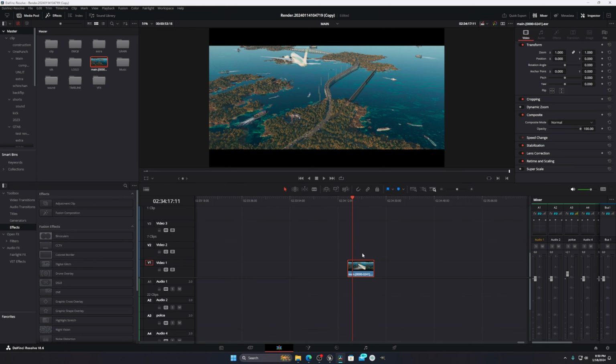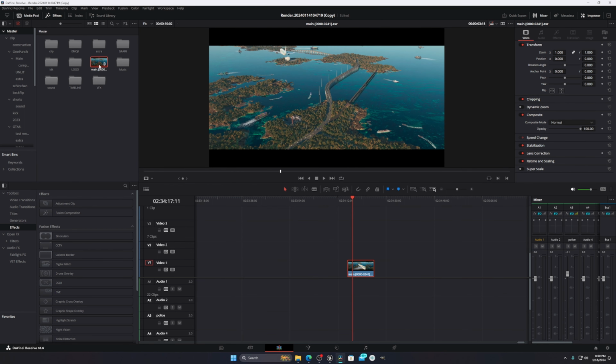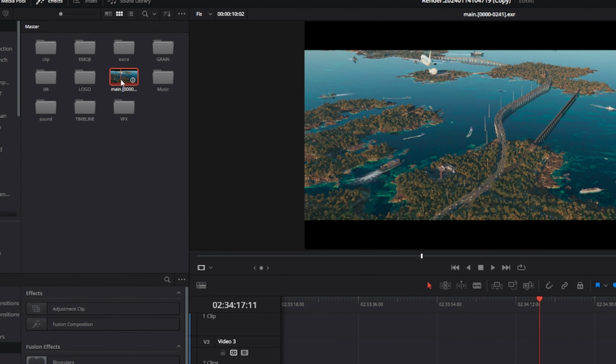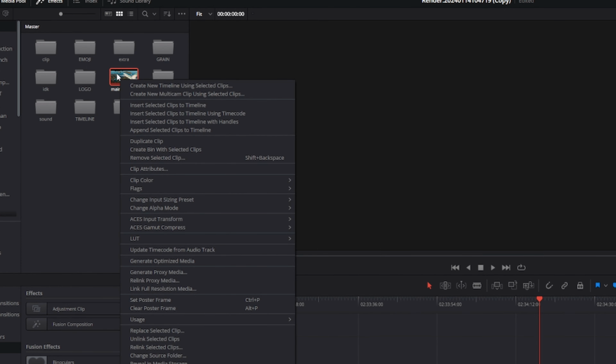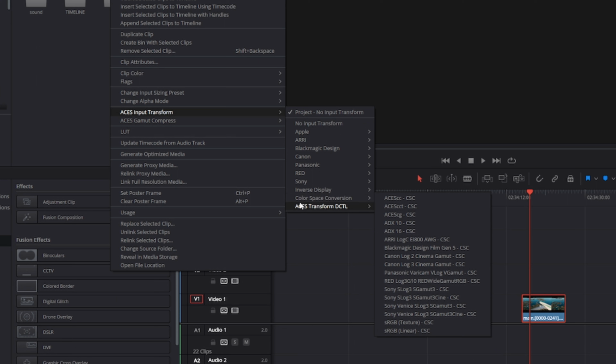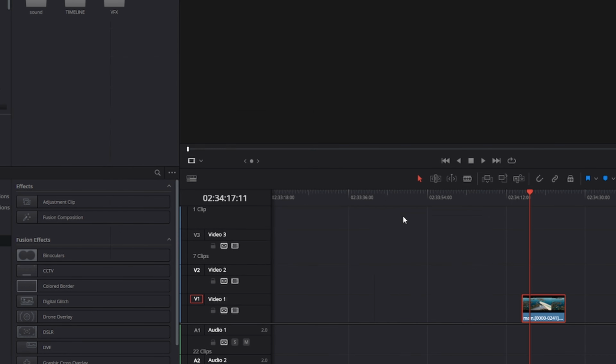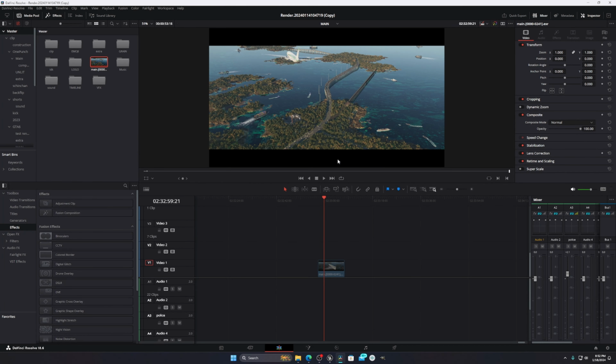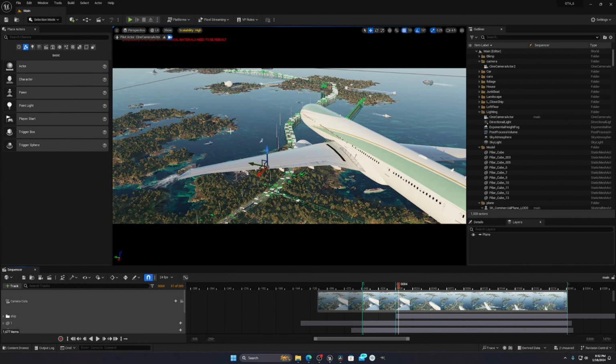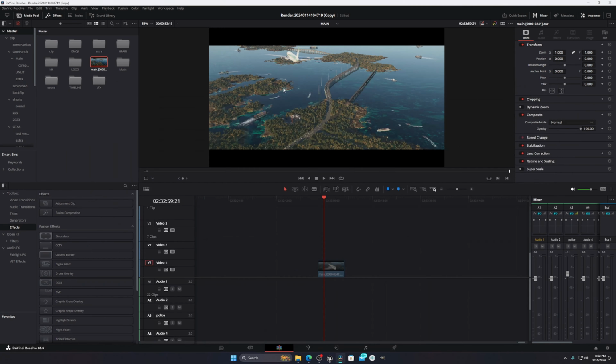Okay, after that, what you have to do, you have to click on your file that you just exported from your folder, and you will see you have to just right click and you have to go to ACES input transform, and then you have to go down. There is an option of color space conversion, and in this one you have to go to this one, ACEScg, and you have to click like this. So if you can see, it is not looking the same still. If you see, this one is brighter and this one is darker, and this thing will not happen to you